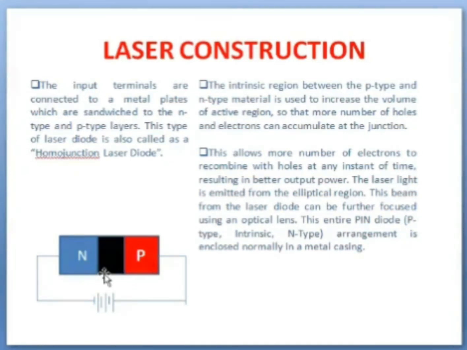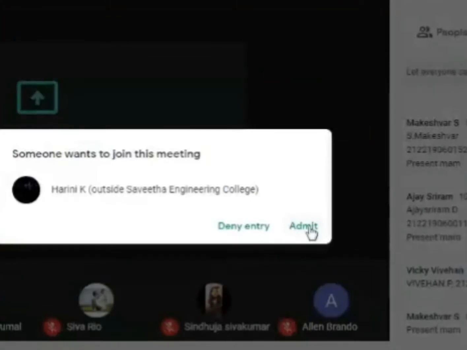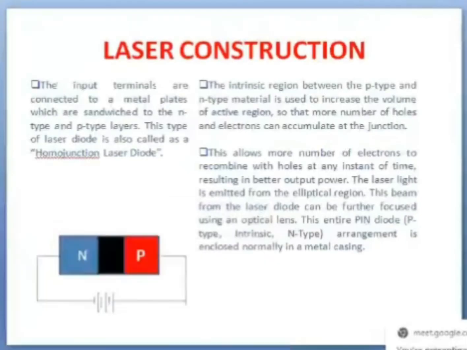The junction will be filled with some material. Near the junction, the area between this N and the line which I am showing here, and the area between this P and the line, it will be just like a mirror coated, because it will be formed as a resonant cavity.